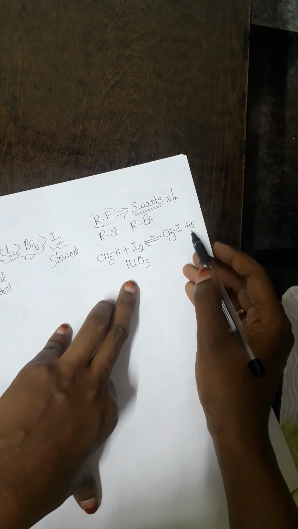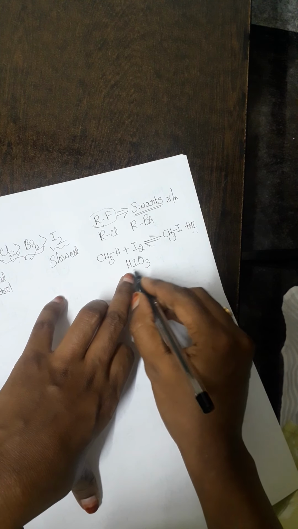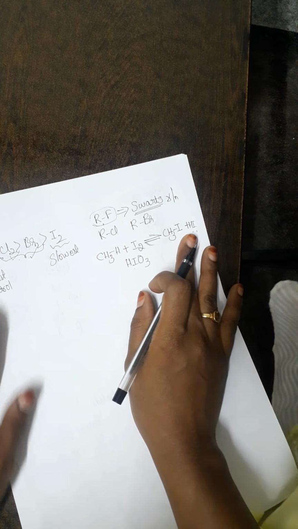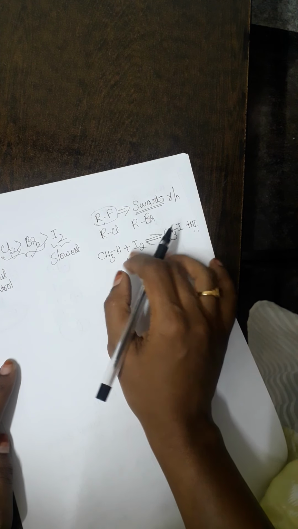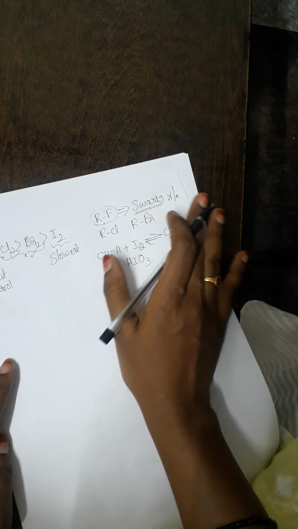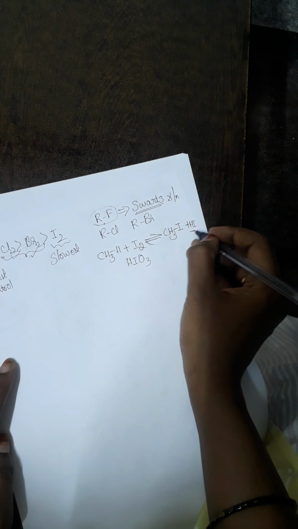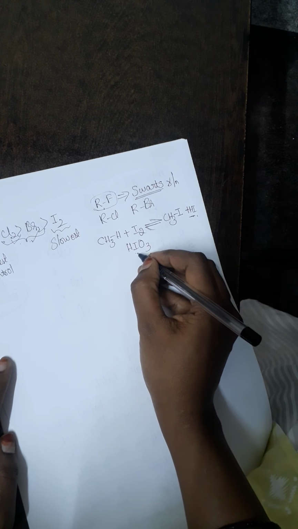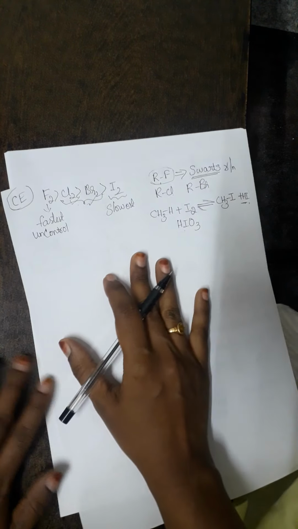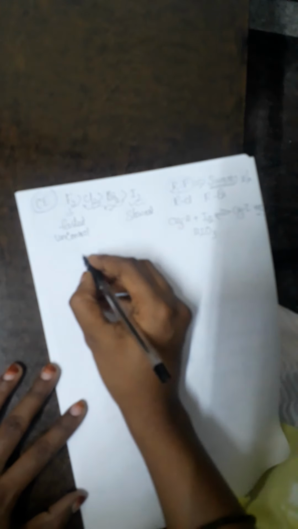But the thing is that we have to remove the HI here. So how to remove the HI? By making it react with hydroiodic acid. Got my point? So we can also prepare iodoalkane by using an iodination reaction, even though it is slow. Why is it slow? Because it undergoes a reversible reaction. But the condition is that I have to remove this HI. How do I remove this HI? By making it react with hydroiodic acid. Got my point?